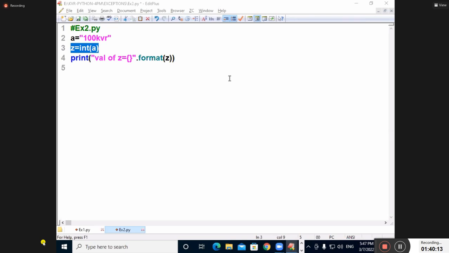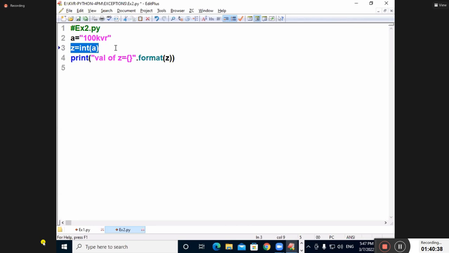Objects generally need a class. Here the object needs what class? An exception class. Sir, what is the difference between a normal class and an exception class? A normal class will provide smooth execution. An exception class will provide abnormal termination. Understand? Am I clear? Immediately what is happening? Here an exception is occurring. What is that exception? ValueError.